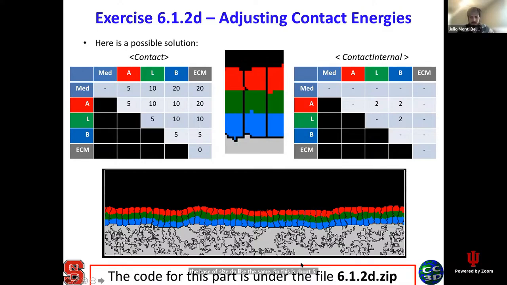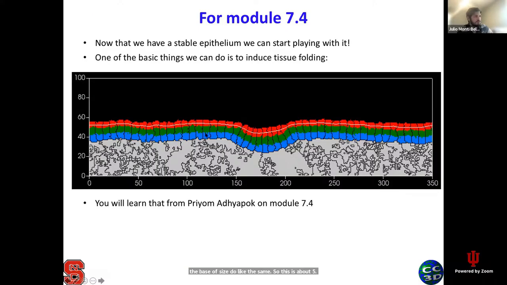Okay. So if you want to know how to add those forces within the apical side that drives a fold formation, we have to go about how